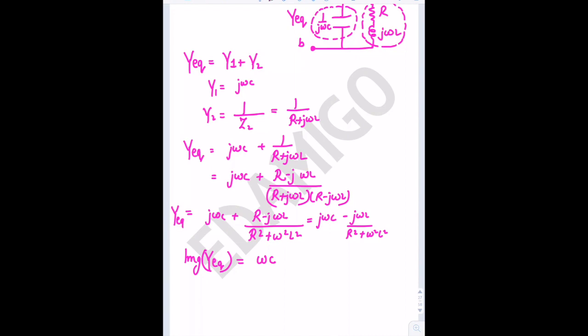So this is Y equivalent plus the term R upon R square plus omega square L square. Okay. Now the imaginary part is only this much. So imaginary part of Y equivalent equals to 0 means omega C minus omega L upon R square plus omega square L square equals to 0. So from here we get that this implies that